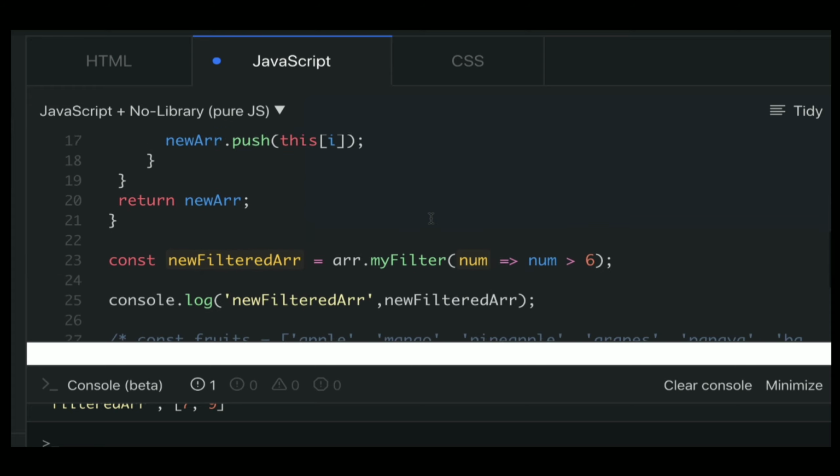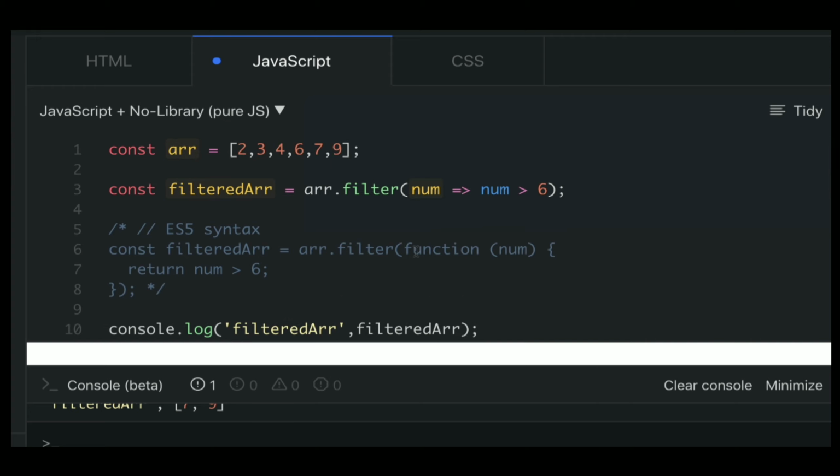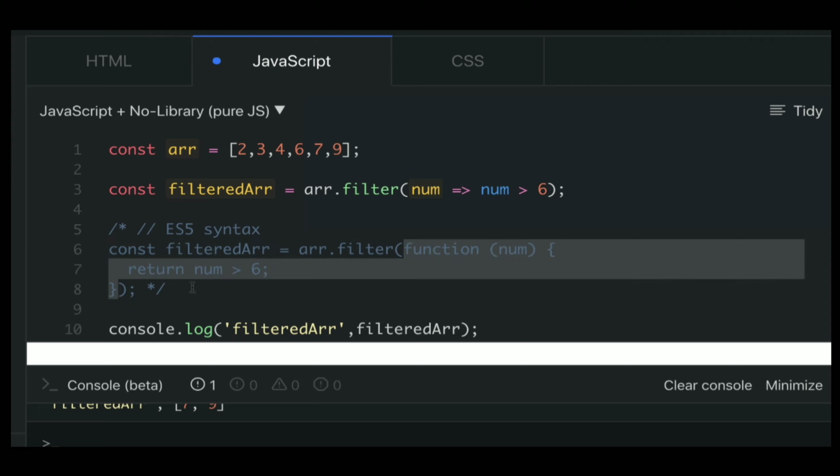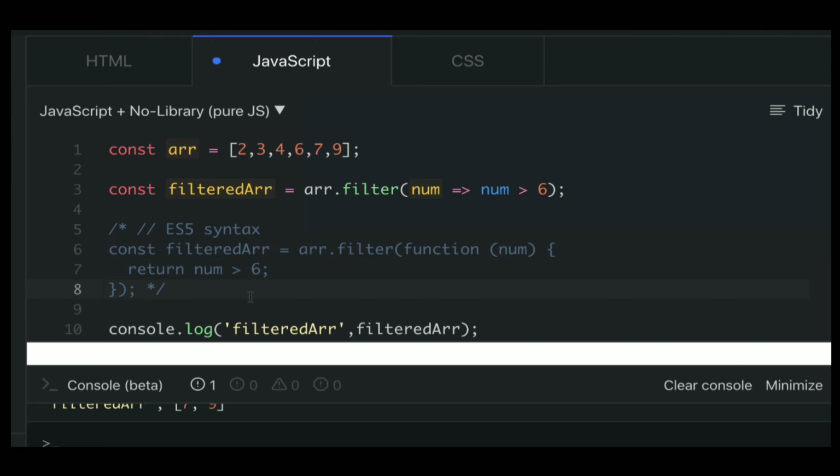If we go further, the function written over here is the callback function. This callback function operates on each iteration of the array element.